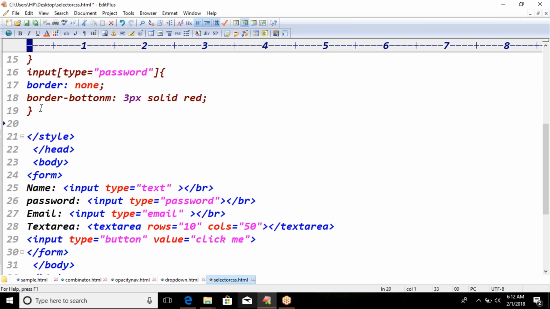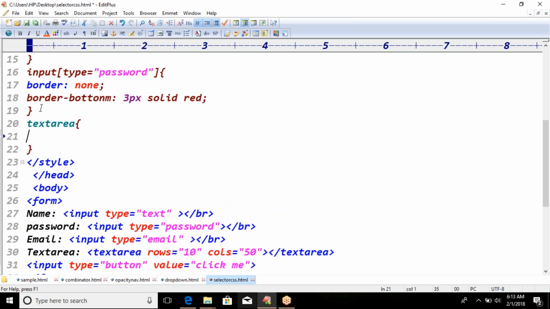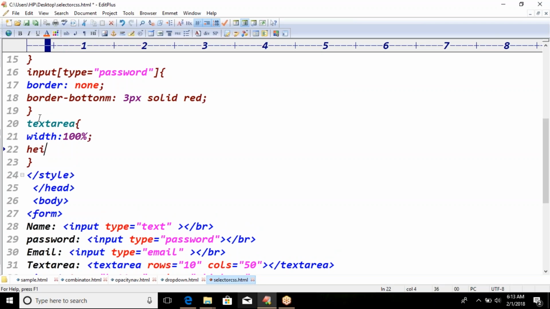To the text area, just write textarea, and give the special stylings here. I'm giving my width 100 percent, height 150 pixels,